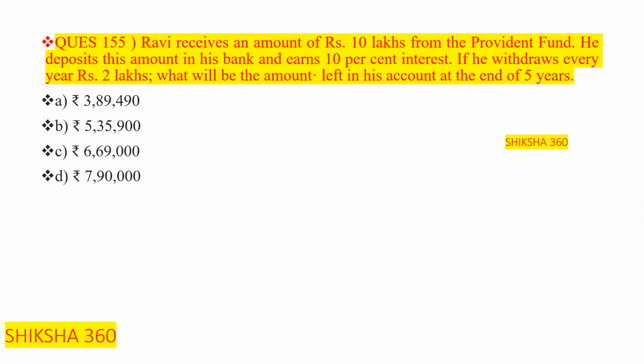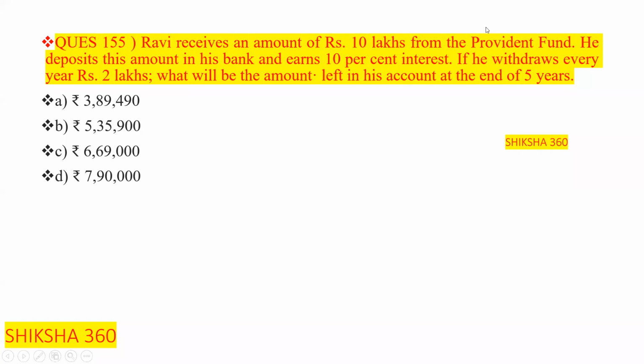Here it says that Ravi receives an amount of rupees 10 lakh from the provident fund. He deposits this amount in his bank and earns 10% interest rate. If he withdraws every year rupees 2 lakh, that is how much he can withdraw every year,